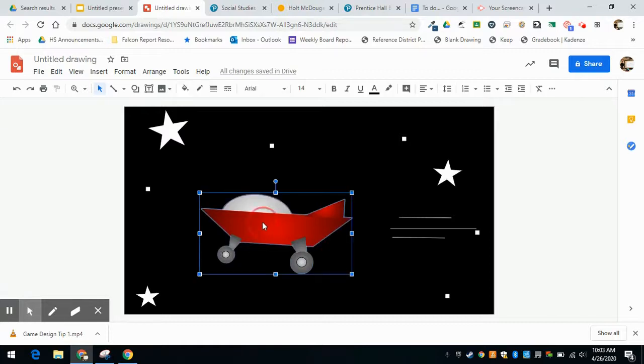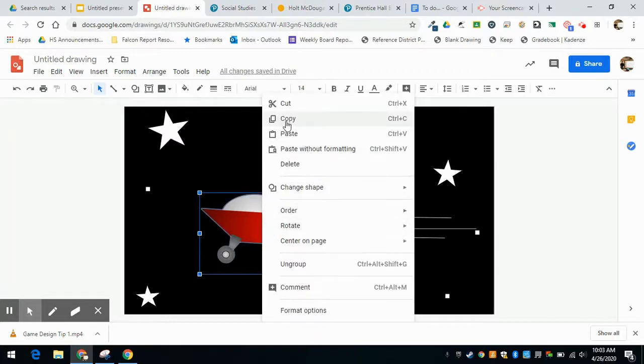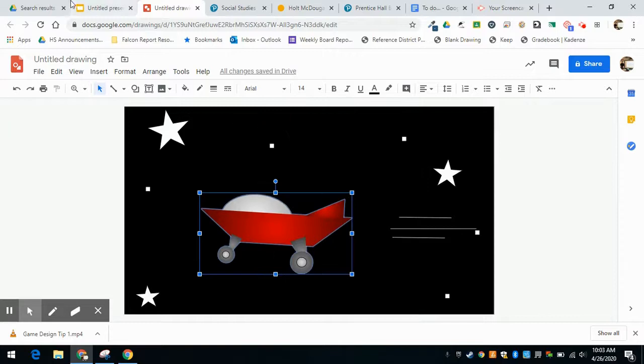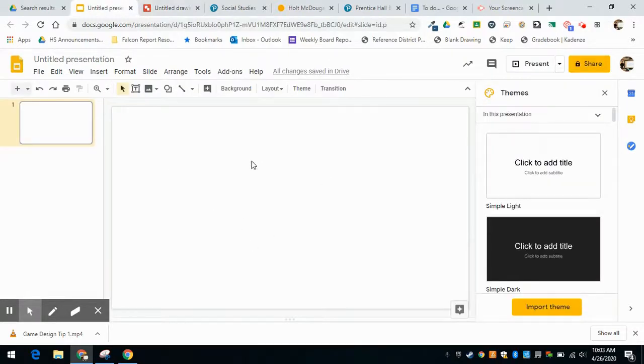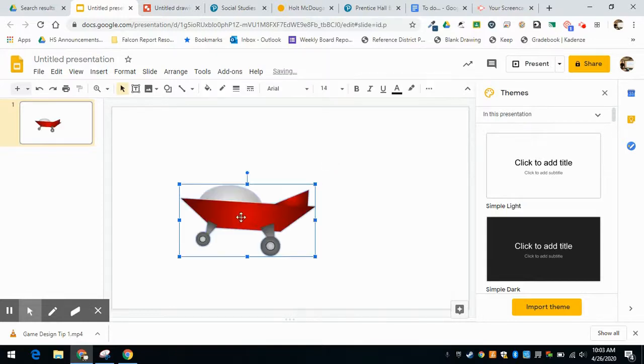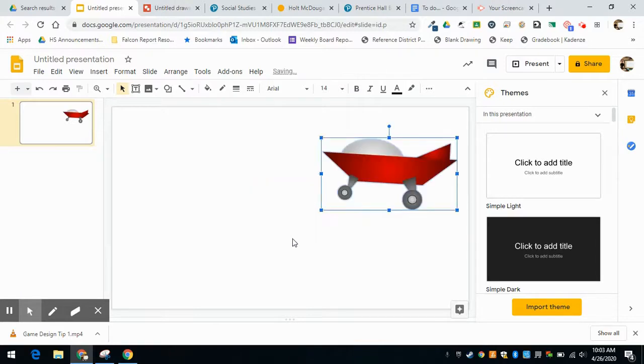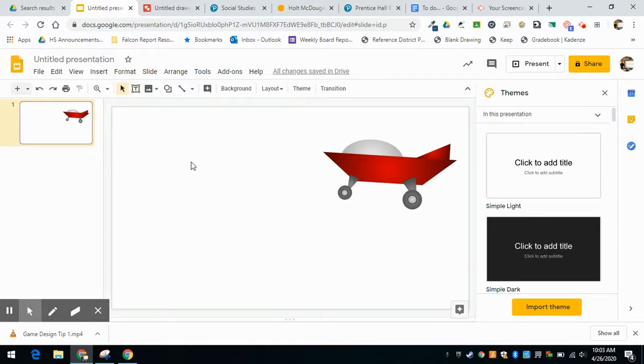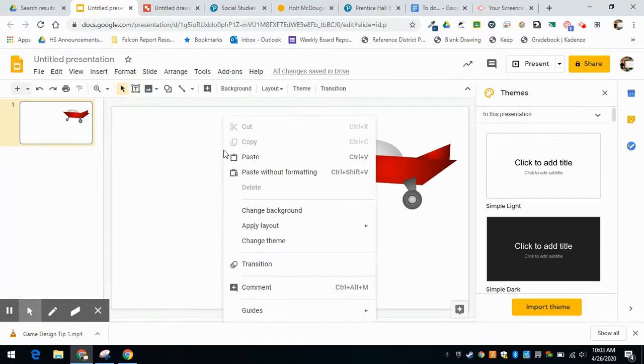Now what I'll do is I'm going to right click on that spaceship and select copy. Then let's go back to my Google Slides presentation, right click and paste. I'm going to put that ship where I want to start it, which is about right here. I'm going to have it come in for a landing, and since it's supposed to be the Earth, I'm going